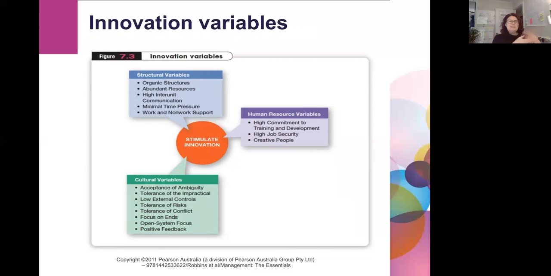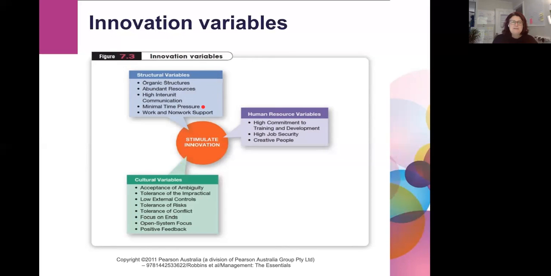Sometimes we talk about this idea of constraint being the mother of invention. So we can play around a bit with this idea of abundant resources, and how we might leverage the resources we have at our disposal, which might be just the creativity of the people working in our team. Then, high levels of communication between teams. If we've got lots of different divisions or very structured units in our organisational structure, the ability for them to communicate with each other is a good factor that can stimulate innovation.